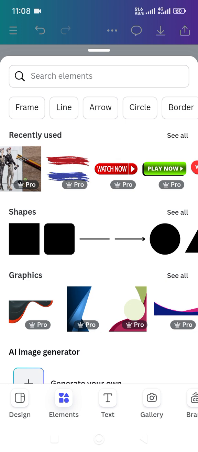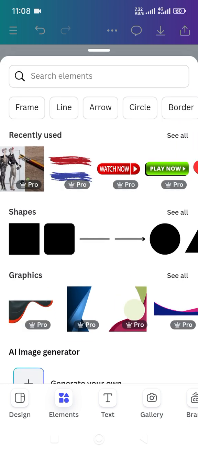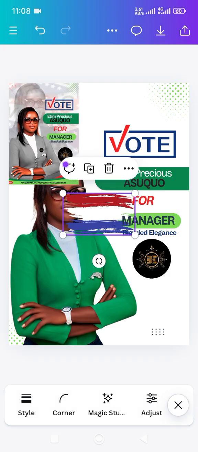The first was this. Okay, you see this. All you need to do to get this, you type designs on this search element. You see different designs and you choose the one you want. So when I type design, this is one of the options I got. So I'll pick it and